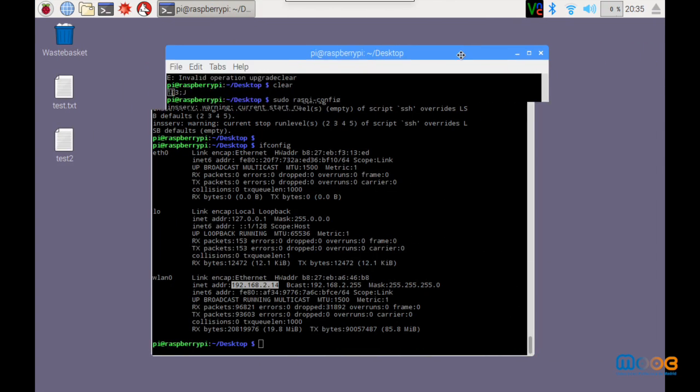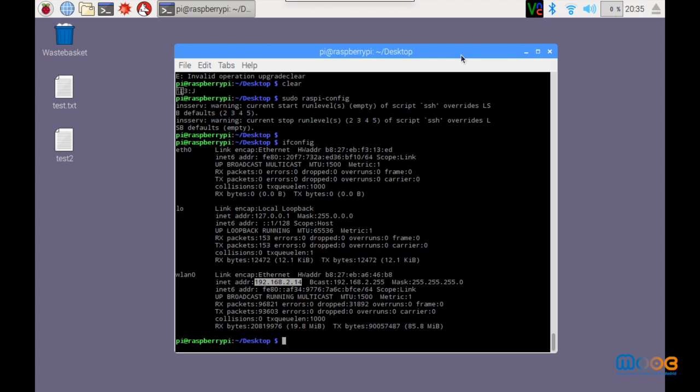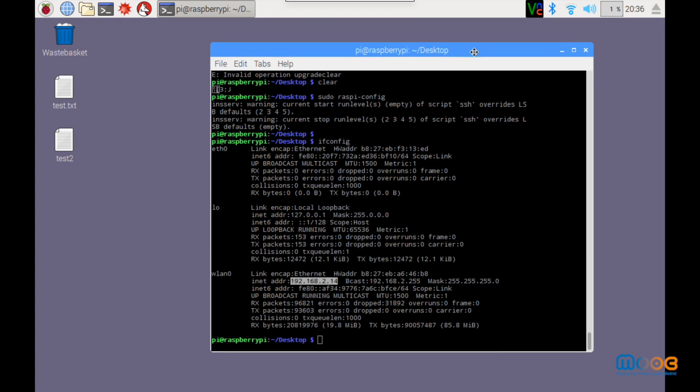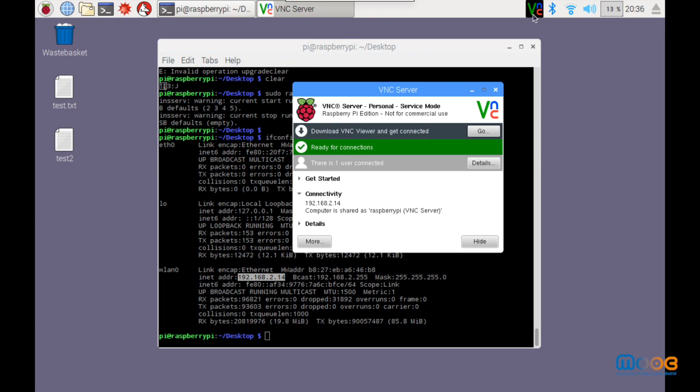The second option is VNC. This is the one that I'm using to record this video. VNC is a graphical desktop sharing system that allows you to remotely control the desktop interface of one computer from another computer or mobile device. It transmits the keyboard and mouse or touch events from the controller and receives updates to the screen over the network from the remote host. It is exactly the same as if you were using a keyboard and a mouse on your PC. You see that it moves a little bit slower. That's because I'm using VNC.